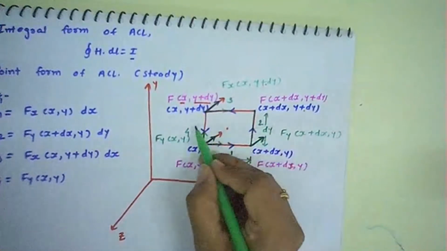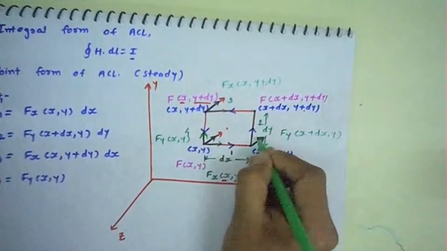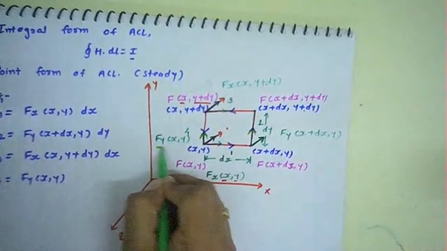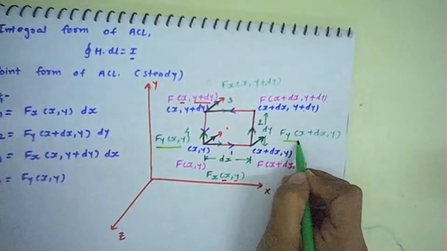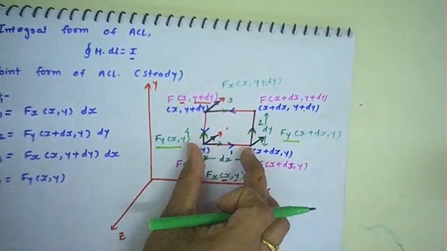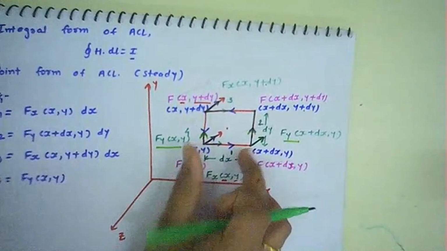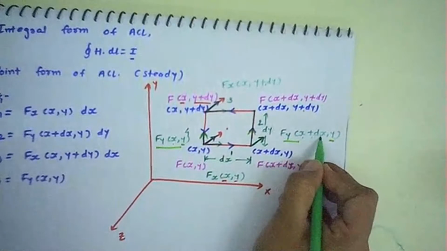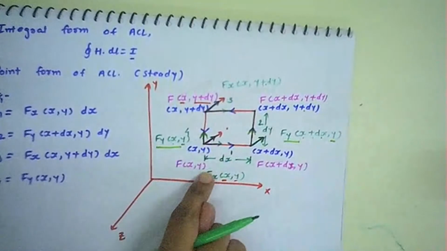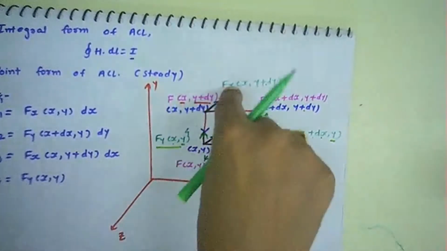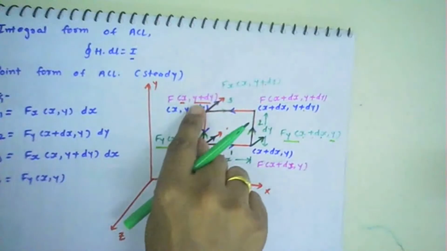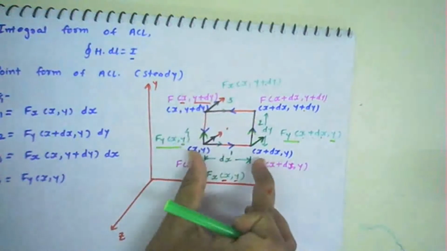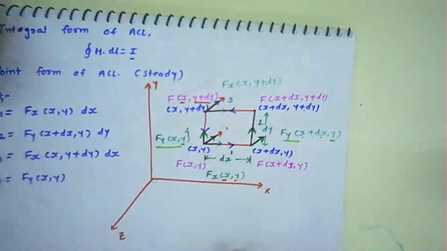Along the 2 and the 4, that means this and this, this is my Fy component, but these two are feeling a rate of change in the x part. The y is common, the x varies. In contrast to this, in 1 and 3 it is varying with y, as they are separated by dy, and in this they are separated by dx.